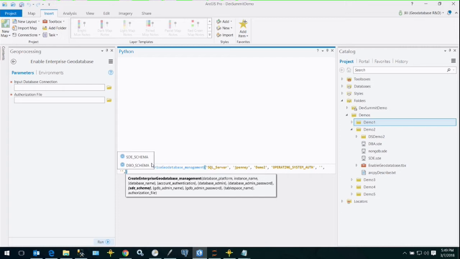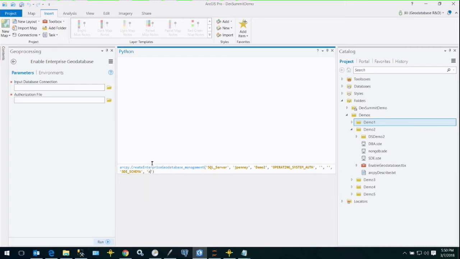Next, for the schema, I can decide on an SDE schema or a DBO schema. In this case, I'm going to use SDE, but depending on how your organization is set up and what security configurations you have, you could use either. Whatever works best for you. Next, we have Geodatabase admin name. So this is going to be the Geodatabase user, or administrator, I should say. I'm going to have that named SDE, and I'm going to provide a highly secure password of